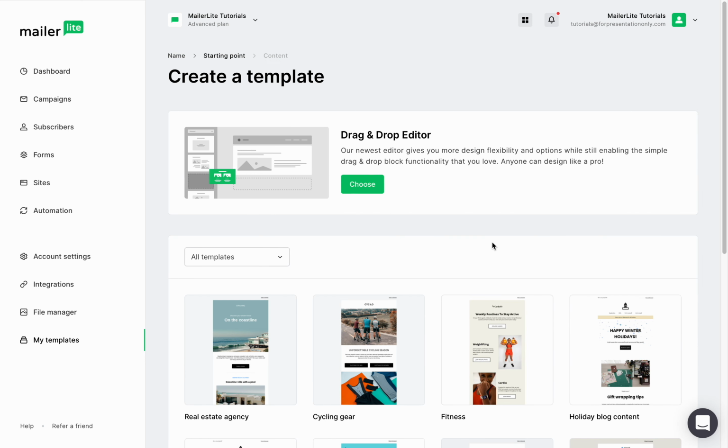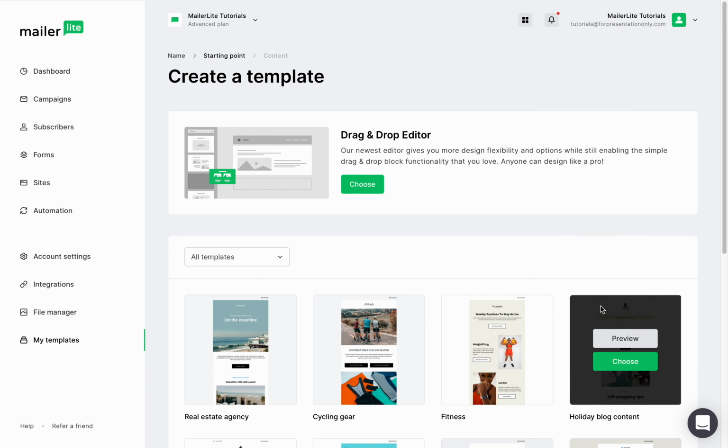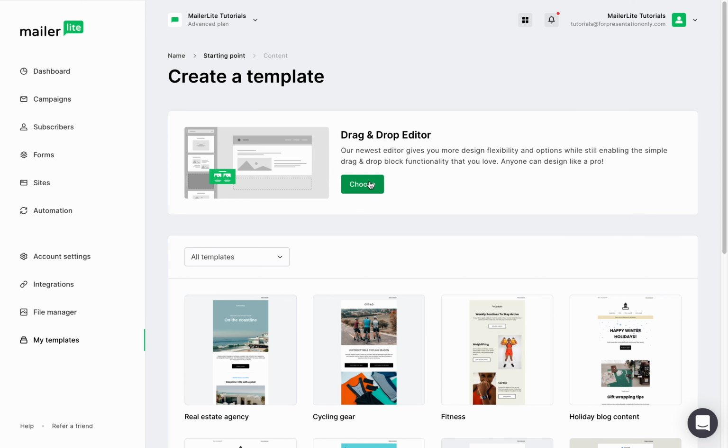And you can either start from scratch, which will take you to the drag and drop editor, or you can use one of the MailerLite templates as a design base for your template. For the purpose of this tutorial, I'll start from scratch. And now, while we wait for the drag and drop editor to load, I'd like to show you another way